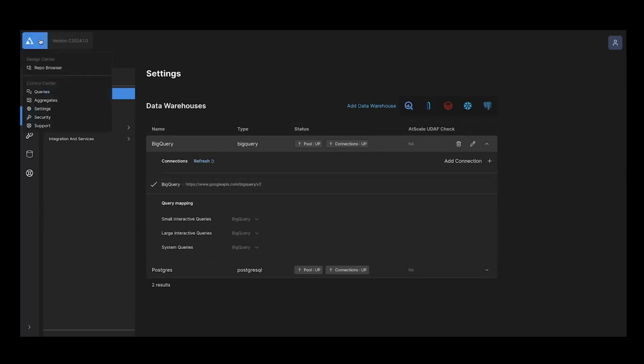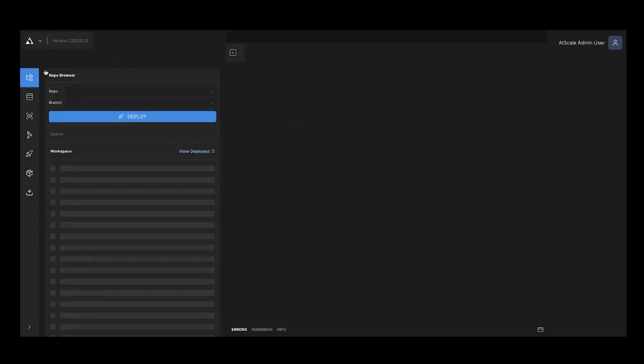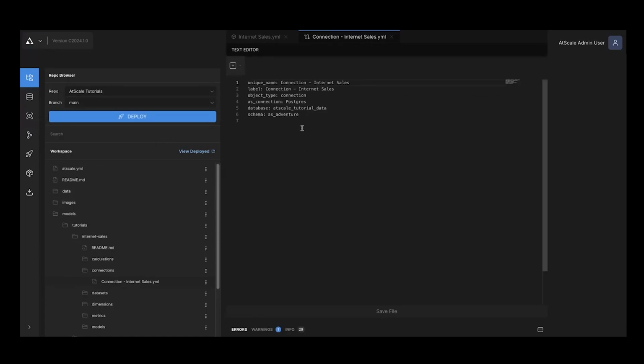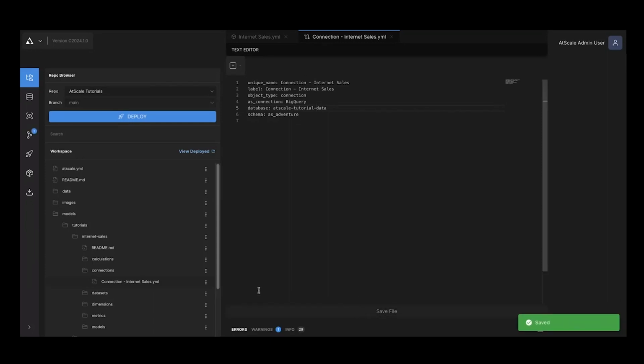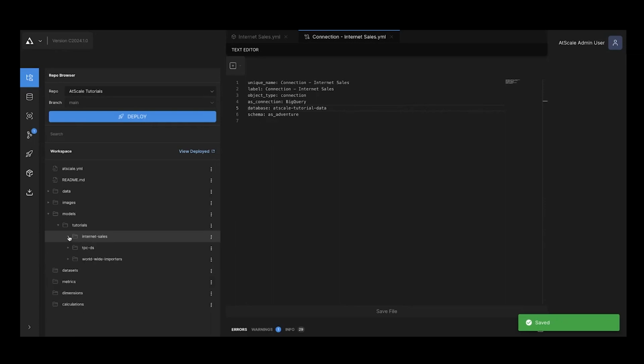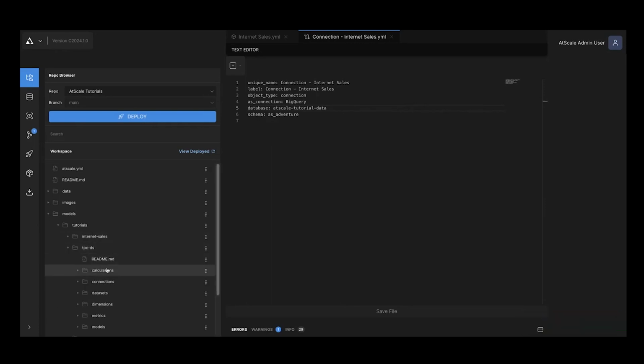Okay, so let's go back to our repo browser, and let's go to our model. So now what we're going to do is we're going to go ahead and change that to BigQuery, because that was, remember, the AtScale connection. That's that connection ID that we chose in the setup. And just make sure that you go through and change that to dashes. So that's going to work. You're going to remember to save the file, and then you're going to do the same thing for the other